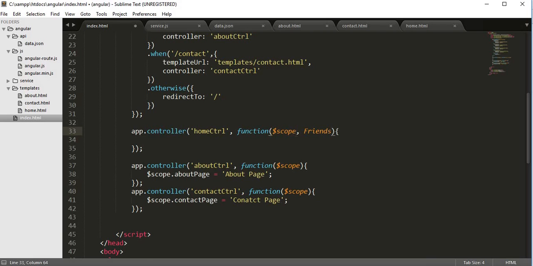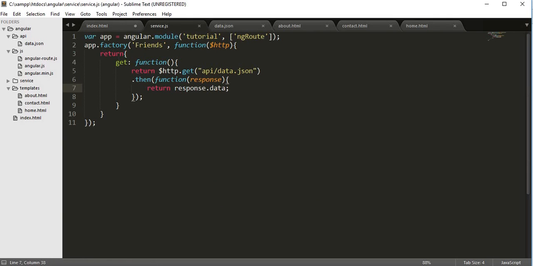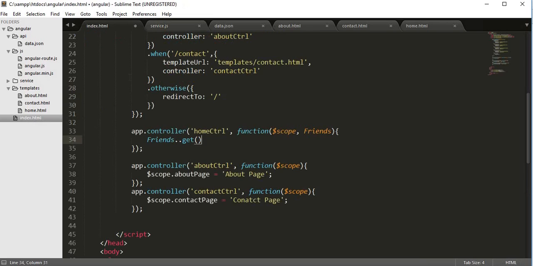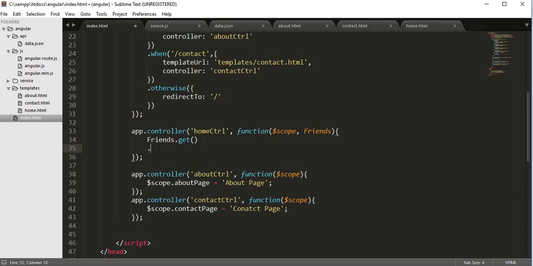We need to pass our friends service, then type friends dot, and call the function that we have created inside our service. This is the function which we have created inside our service.js file. The same function we need to call here inside our controller, and then dot then,